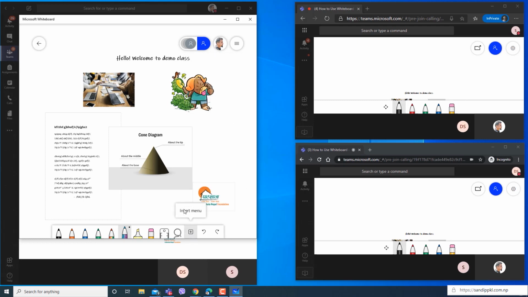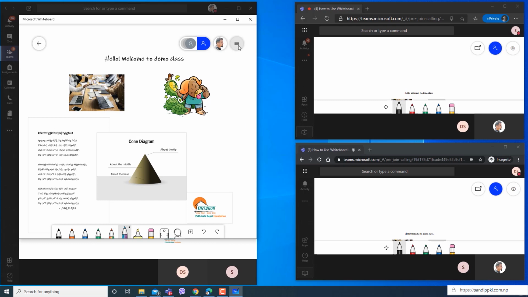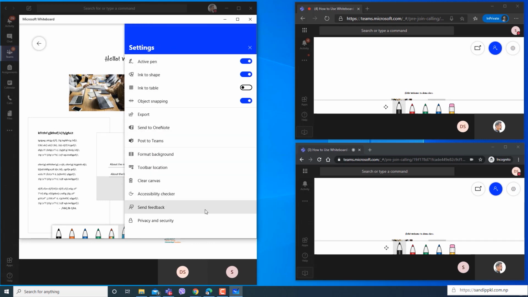These are the tools we can use in whiteboard. Beside this you can see undo and redo option. You can undo and redo by clicking here. At the top you can see the settings menu. From here you can manage settings.